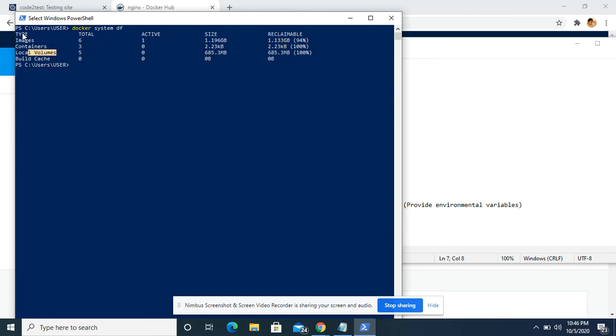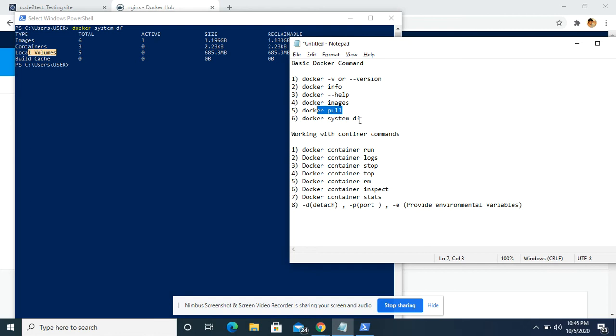All the stats are displayed in a tabular way. Going to the next, we are working with commands within the container itself. We will be running a container and see what is there within it.